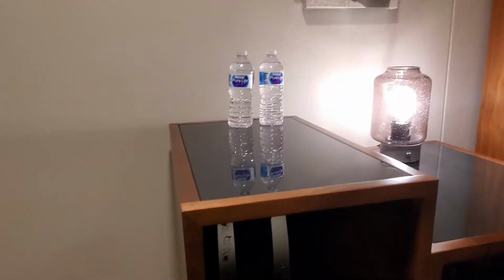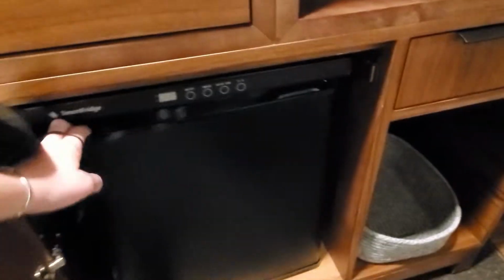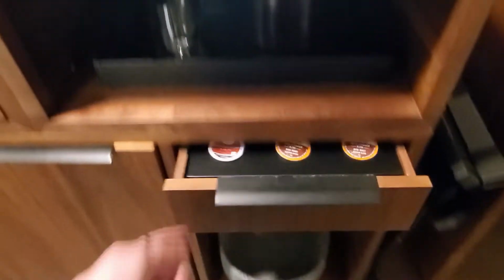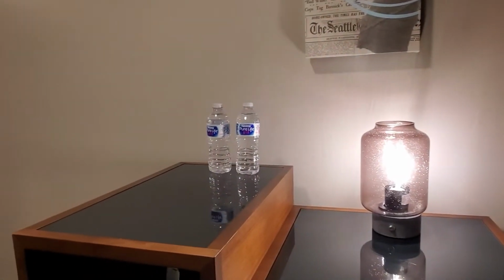This is the coffee/refrigerator area. So refrigerator down here. Basket. This is the coffee drawer with all of the pods in it. Glassware, ice bucket, and a cute little lamp, plus bottles of water for us. There's a wardrobe here